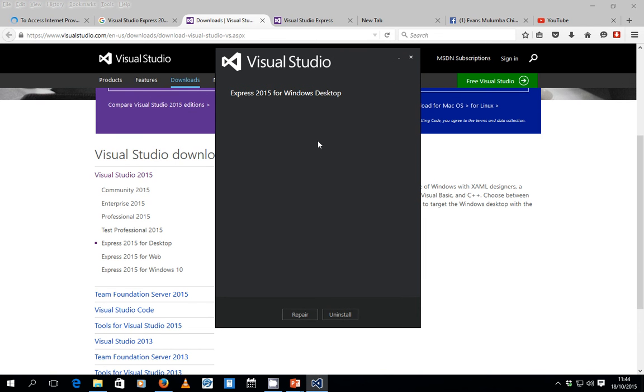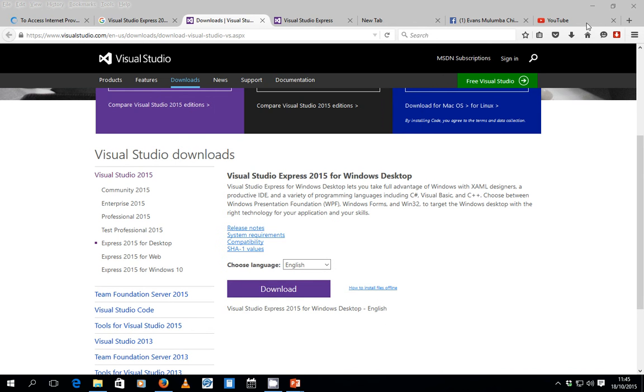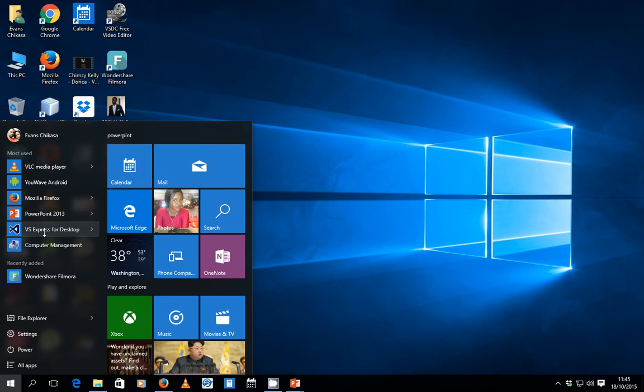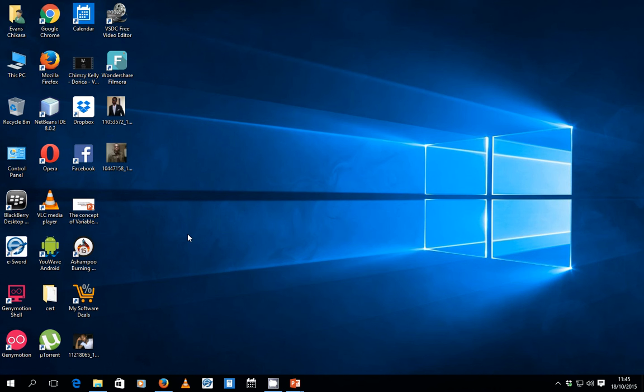Okay, so for me, this window is just telling me that I already have Visual Studio existing. Do I want to repair or do I want to uninstall the one that is existing? I don't want to do either of the tasks, I just want to close this, and I want to open my Visual Studio, the one that I have. So what I'm going to do is walk you through